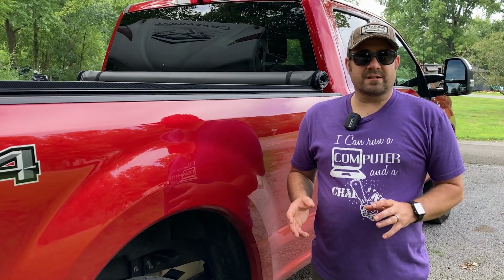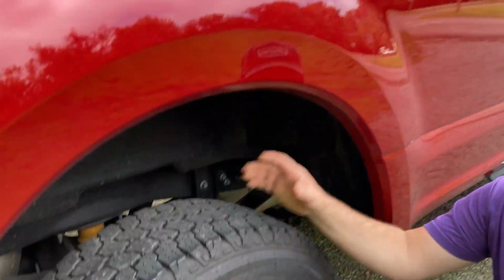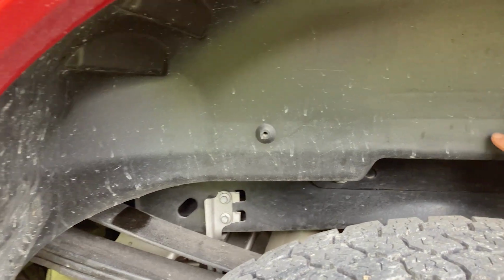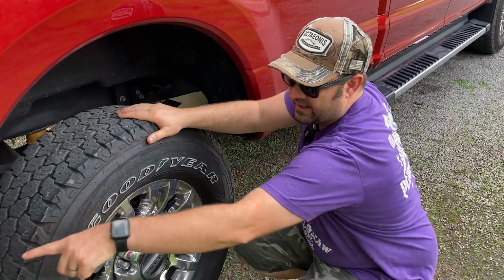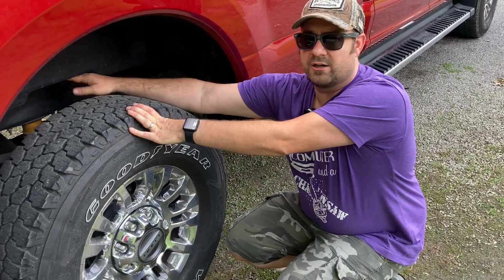On the nice to have list, but I didn't think I'd find it, are the wheel well liners. And we actually found the truck that has front and rear wheel well liners. These are options, but what this does is it provides this nice plastic liner that goes forward and backward the whole way around the wheel well, as well as here in the center. And that keeps, in Pennsylvania, all our salt and slush and snow from accumulating along the panels of the bed forward and back,